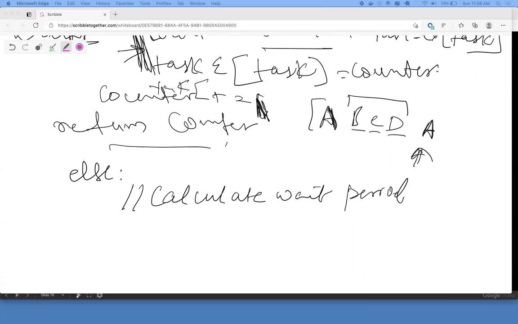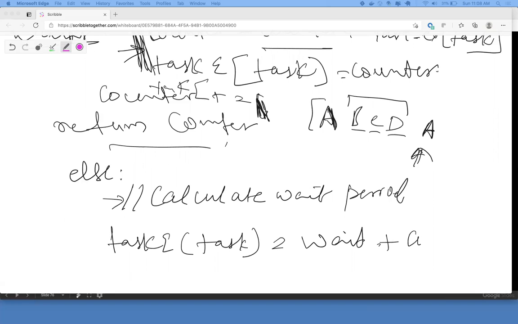These are the seconds I'm going to wait, and then your waiting thing is done. Then what you do is task executed of your task equal to wait, right? Is that right? No, isn't it wait plus counter? And then plus 1, counter is going to be plus 1.